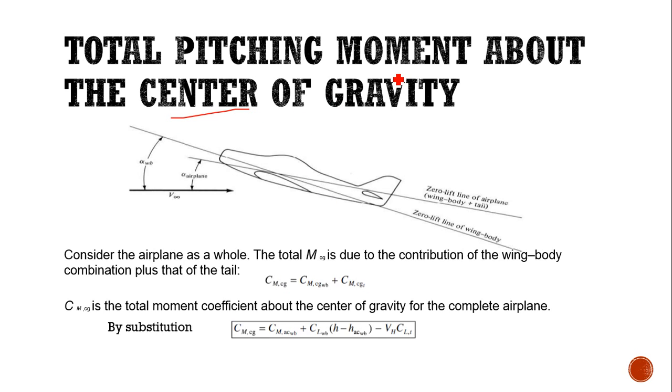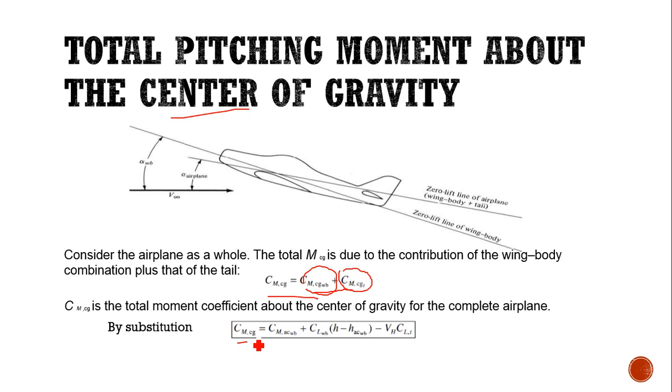So total pitching moment. We have already seen the wing body combination and the tail plane combination, that means the moment about the center of gravity of both parts. Altogether it is called the total pitching moment about the center of gravity. So for the whole plane, we need to just add both terms, that is the moment about the center of gravity of the wing body combination and the moment about the center of gravity of the tail combination. So by substitution, we will get